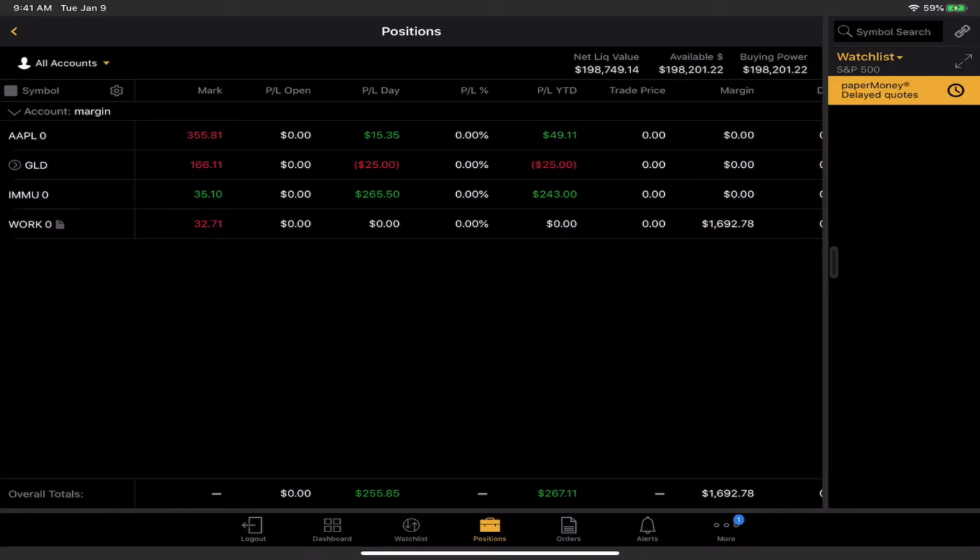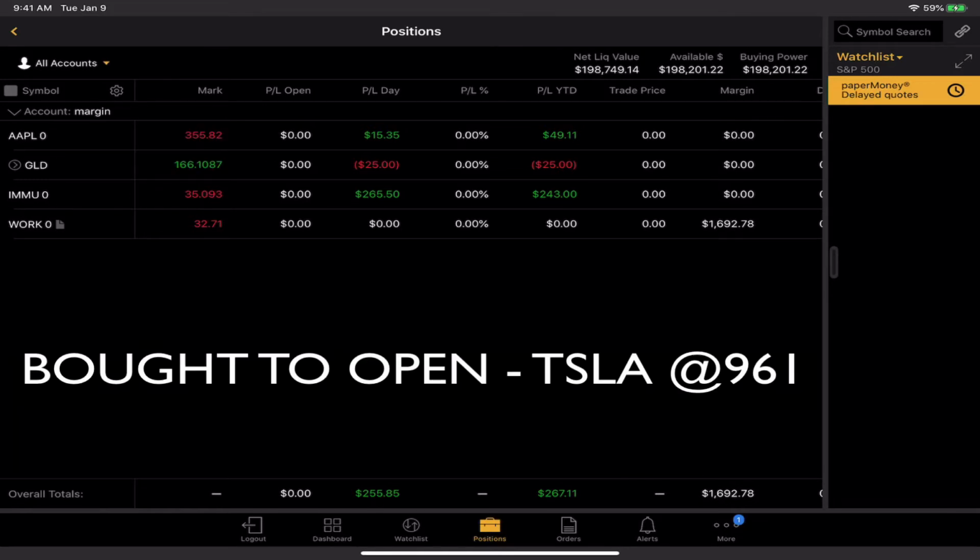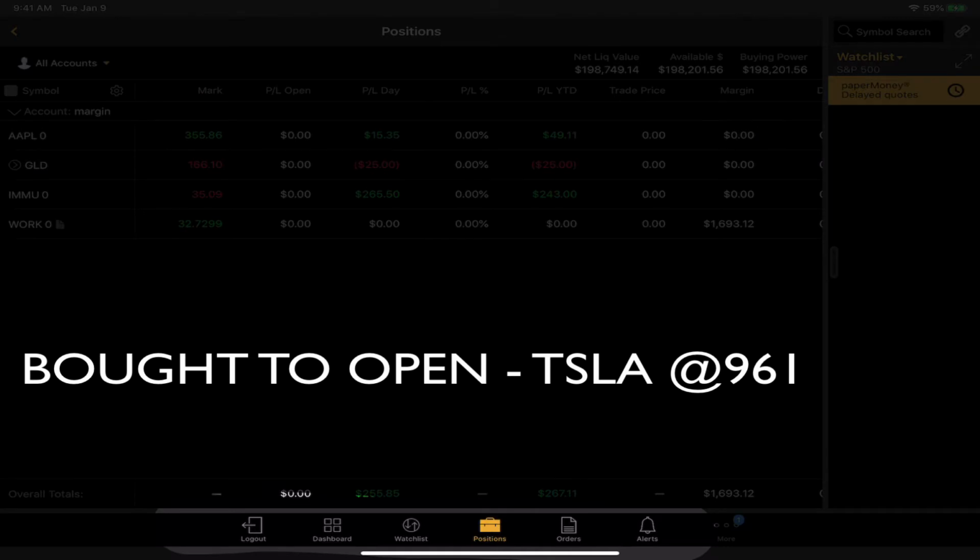Suppose that we have received a boost from Money Grande that says bought to open Tesla TSLA at 961. So to buy and follow that boost in the menu that is in the lower part of the screen,